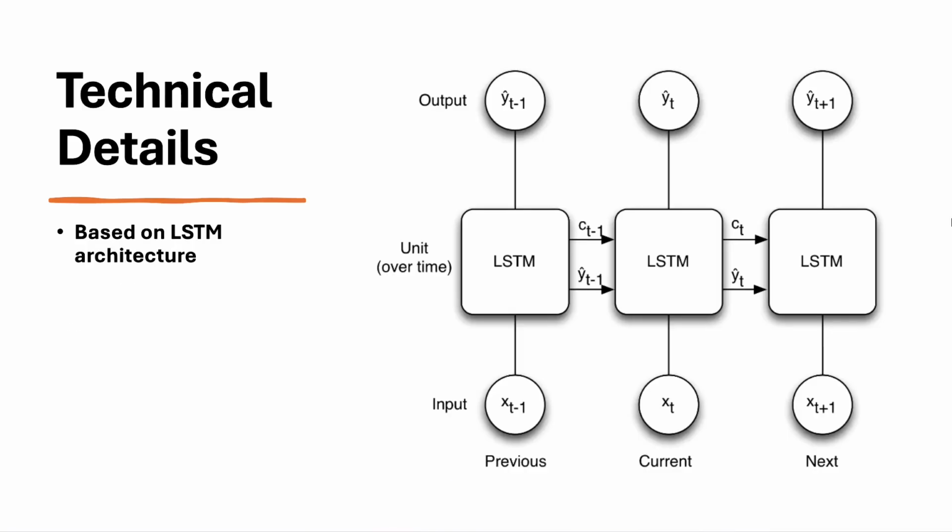We used an LSTM based model because LSTM models are known to generalize effectively on sequential data. Here is a quick overview of how an LSTM model works. So we have an input from a sequence, let's say at position t-1. This input is fed into the model and the model predicts two things.